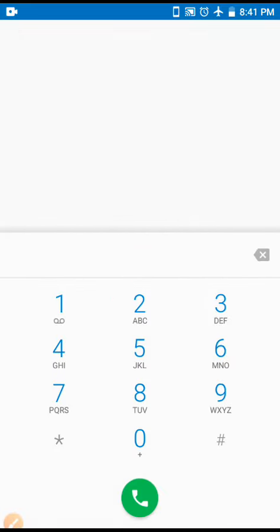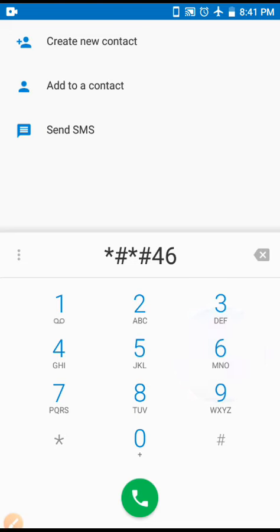we will dial a number: star hash star hash 4636 hash star hash star. So after this there will be a function testing. So I will press on the first one, phone information,